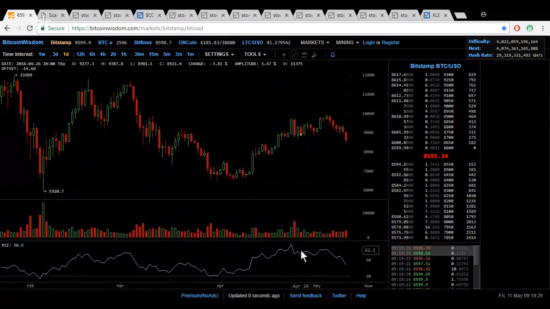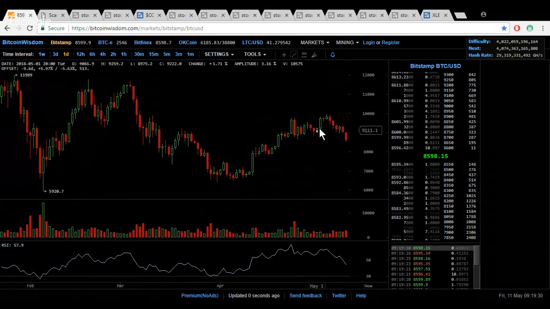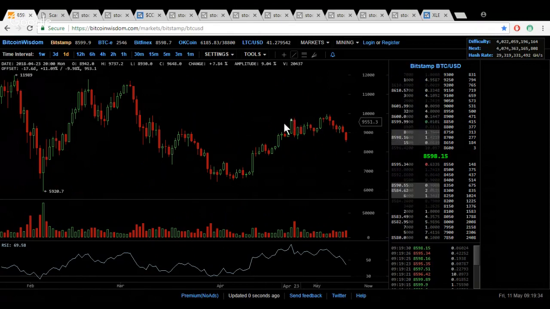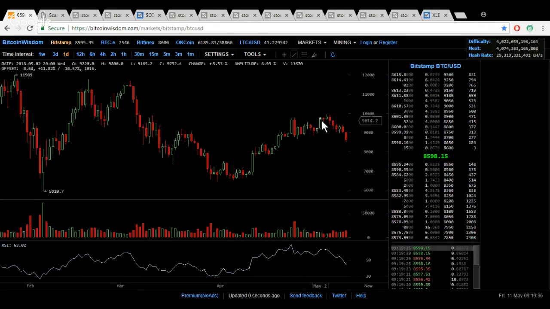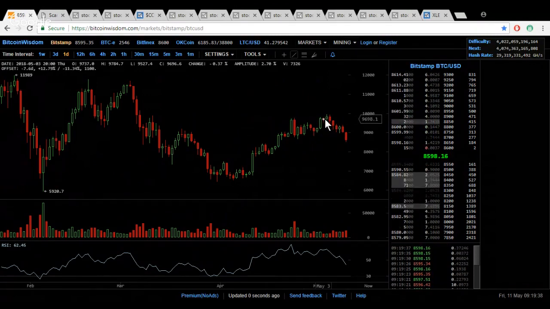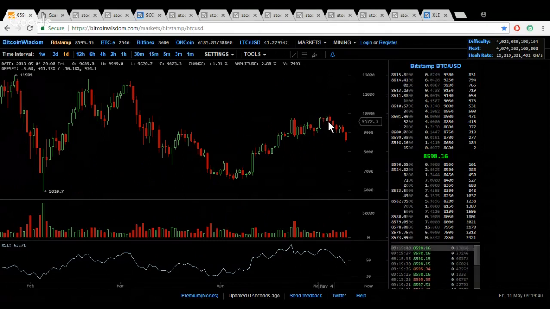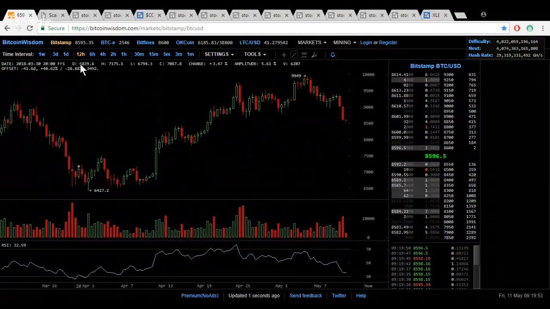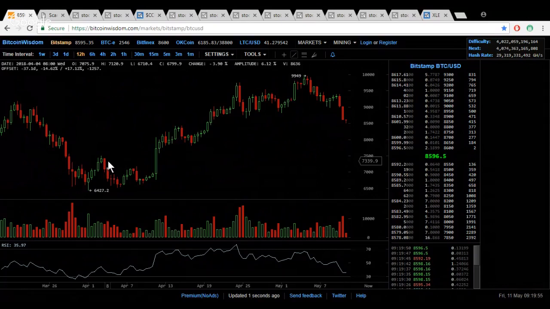notice that the RSI was dropping during this period of time where the price came back up and actually got above these highs, but couldn't get above the 10,000 level, which had been my short-term target. And then you can see the RSI dropping very quickly below 50. It will very probably get back down to an oversold position. Same thing with the 12-hour.